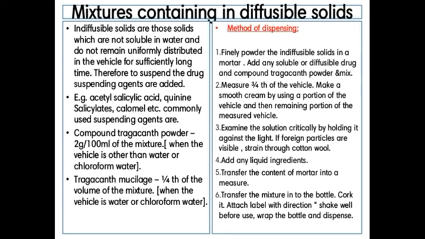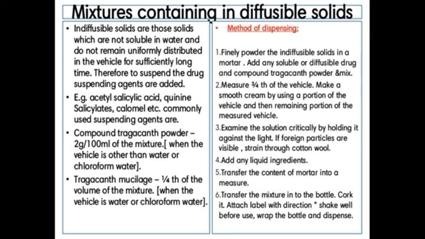And next one is coloring agents. So the coloring agents are used in the liquid dosage form to improve the acceptance of the consumers. Examples of natural colors are titanium dioxide, carotene, ferric oxide, etc. And synthetic colors are erythrosine and tartrazine, etc. And examples of flavoring agents are apple, ginger, clove, rose, peppermint. They are used as flavoring agents.